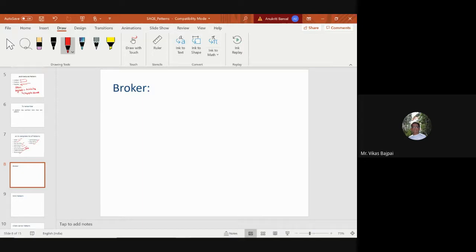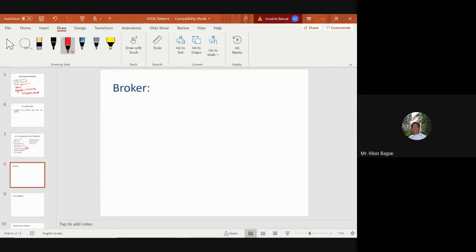Since we're dealing with software design, this will be something where we'll have clients, software systems, and servers. We'll definitely talk about request and response as well. So these things will definitely be there in our discussion.